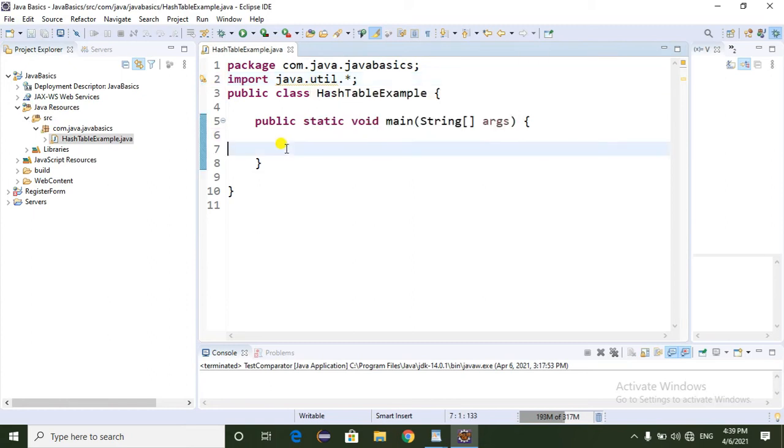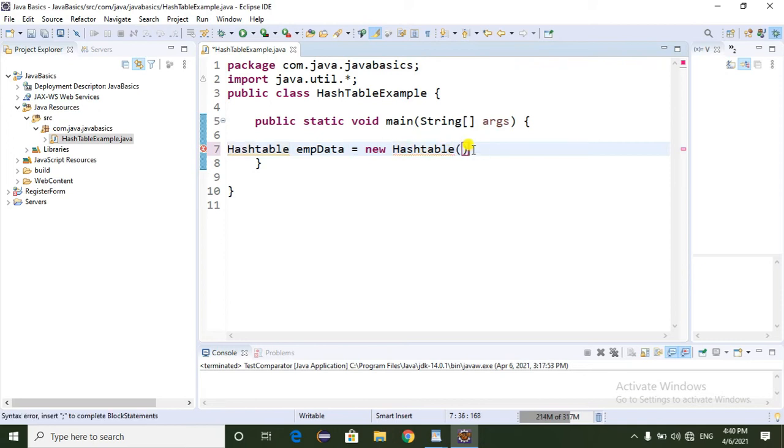Now I am going to create an object of hash table. My object name is emp data equal to new hash table.